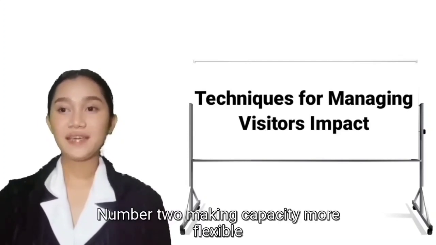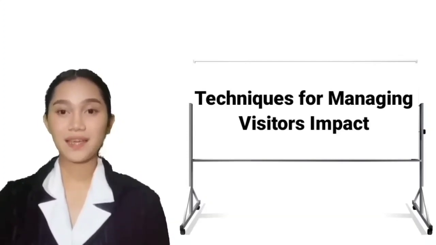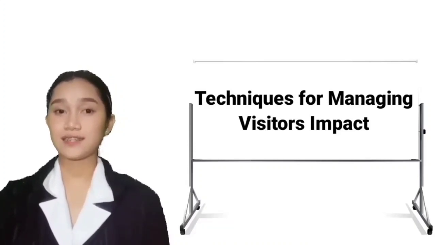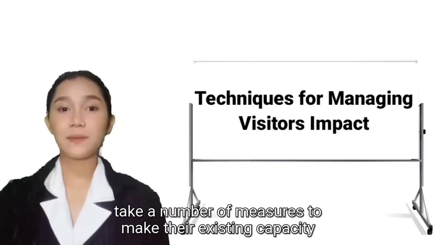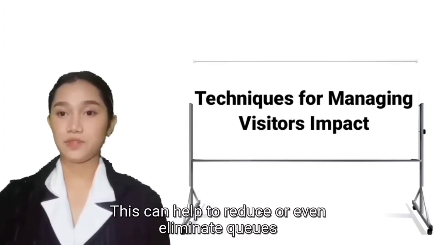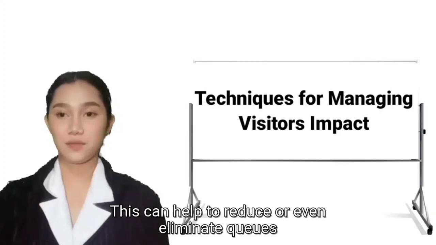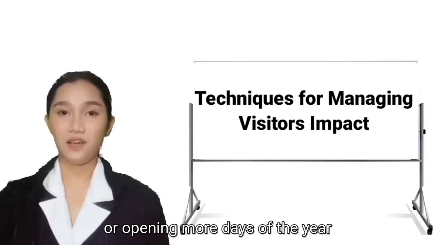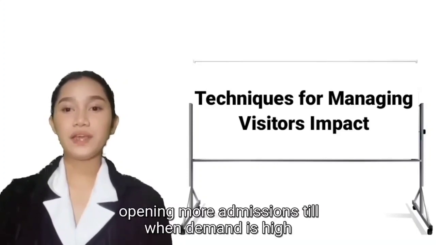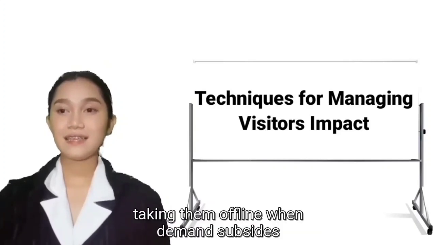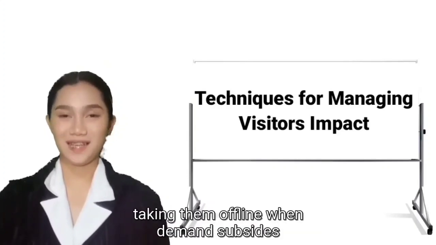Number 2, making capacity more flexible. Given a sufficient length of time, visitor attractions can take a number of measures to make their existing capacity more flexible. This can help to reduce or even eliminate queues. Techniques include extending opening hours or opening more days of the year, opening more admissions tills when demand is high, taking them offline when demand subsides,